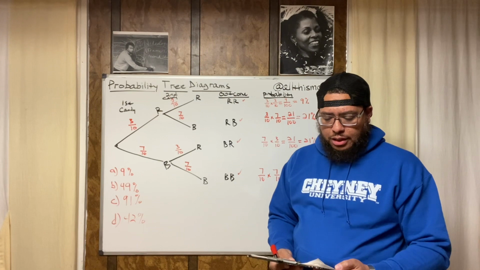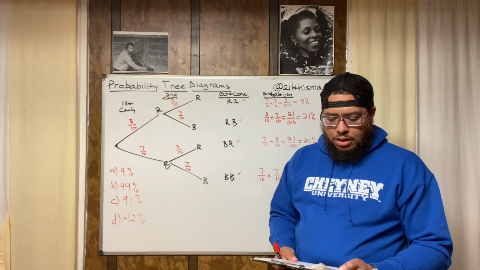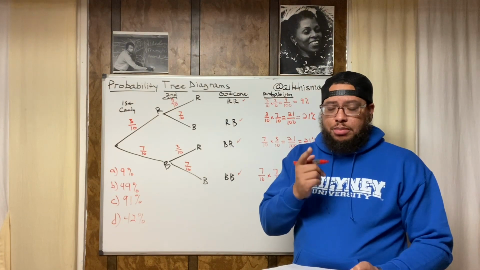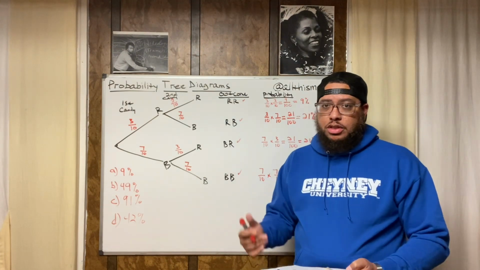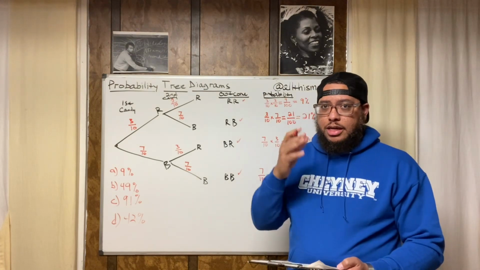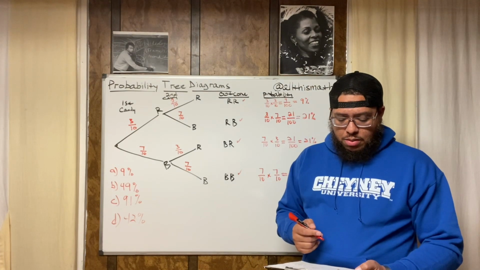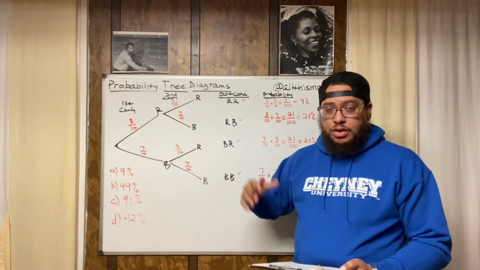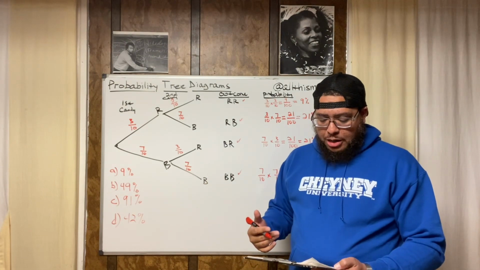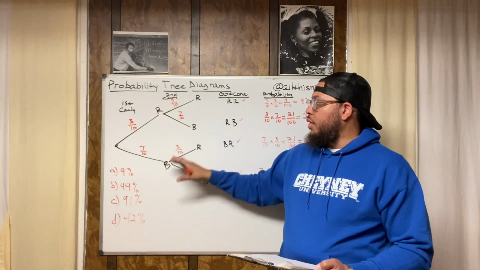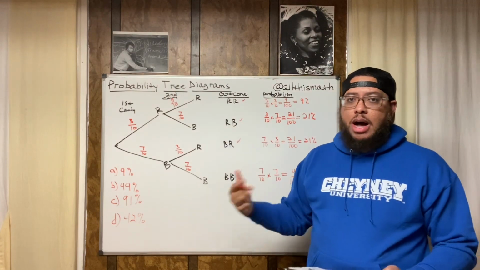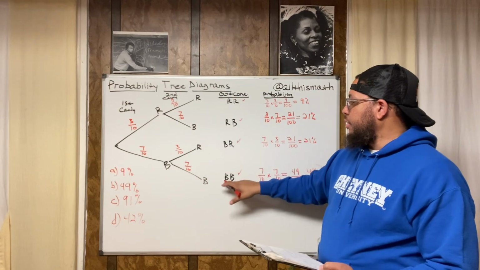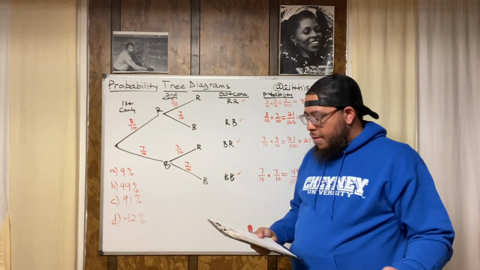I want to make sure I said everything that I wanted to say. Yeah, it should add up to 1. We talked about that. Replacement, we talked about replacement. Replacement is very important. With replacement versus without replacement is very key because that affects your response. Why is it called a tree diagram? Well, you can see because these resemble tree branches. And when you show the tree diagram, you're running through all your potential outcomes: red then red, red then blue, blue then red, and blue then blue, right? Those are all your potential outcomes.